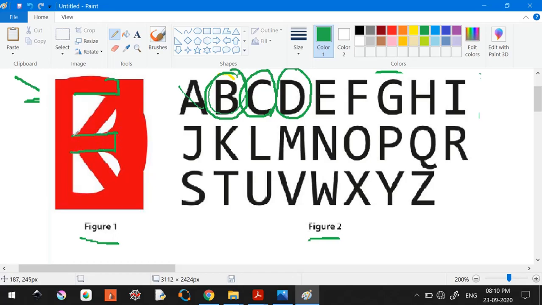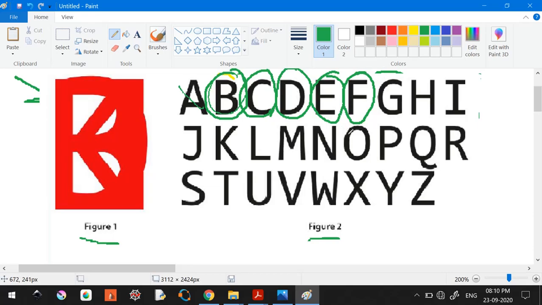This one, and this. So straight away E is possible, right? Let me highlight it in a different color. F is also possible because E is possible. Obviously, F should also be possible. Something like this, right? Okay, let's highlight that also.